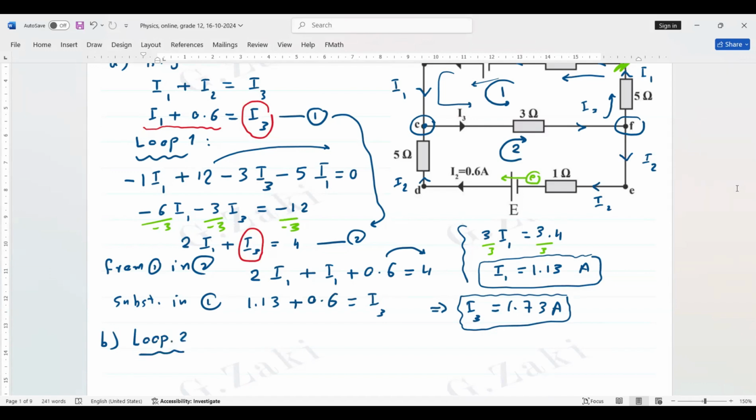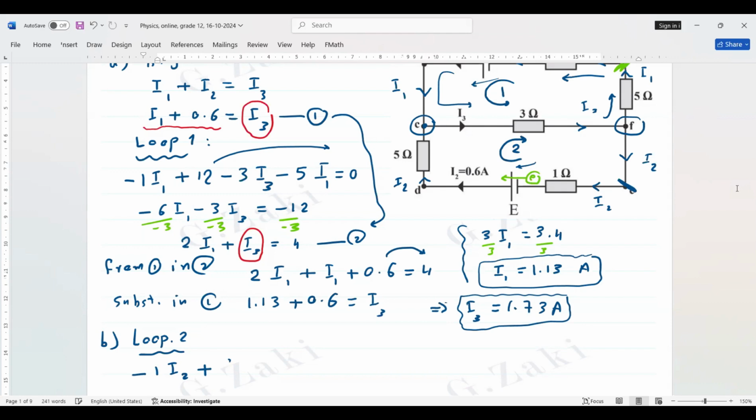We start with the point E, not a junction. E is not a junction. Then we go through this loop. The resistor is 1 and the current is I2, and it is in the same direction as the loop, so it's negative. So negative 1 I2. Here, the electron flow is in the same direction as the loop, so it's a plus